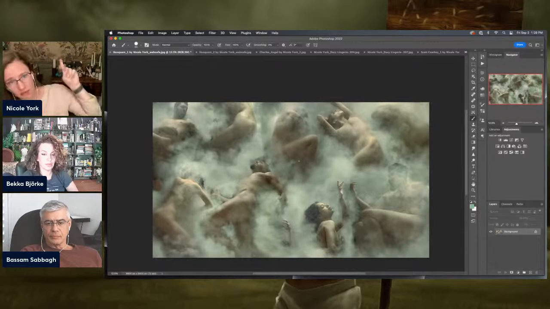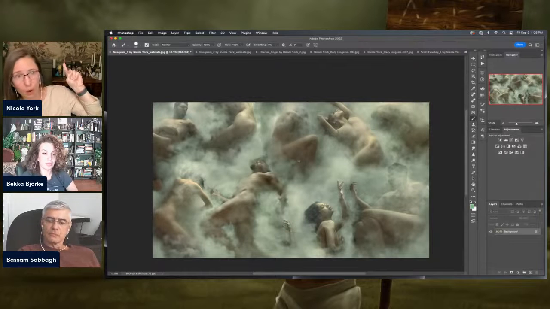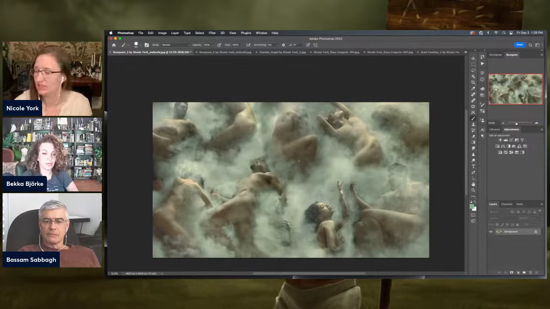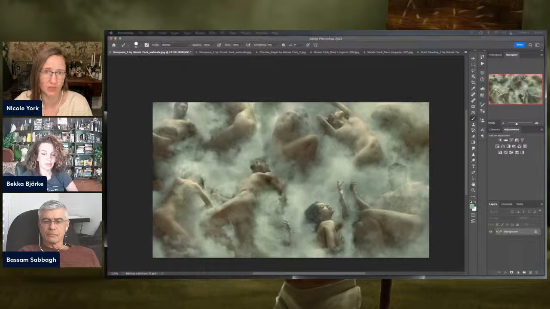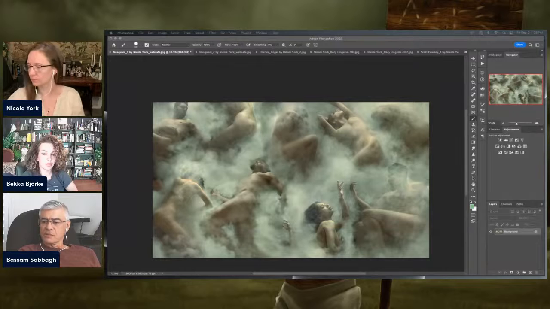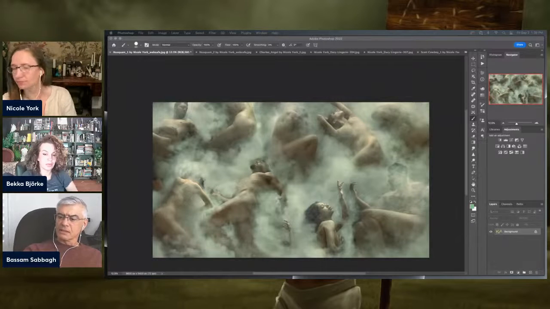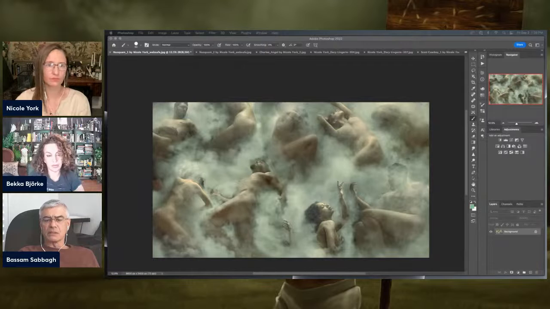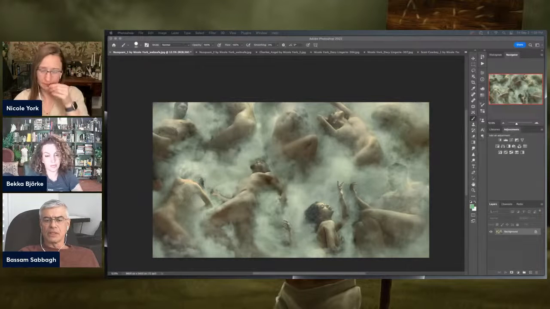The green and brown are happening, but it's not super high like we've seen other times. Like behind me, the reds and greens and yellows in the wallpaper really stand out. Here, we have some greens and reds, but they're not crazy. Just enough to provide that contrast between the subjects and the smoke, as Kelly was saying. The woman at the bottom, the third, and the man are the only figures that are not covered by the clouds or the smoke, so you can see the contrast; they stand out.